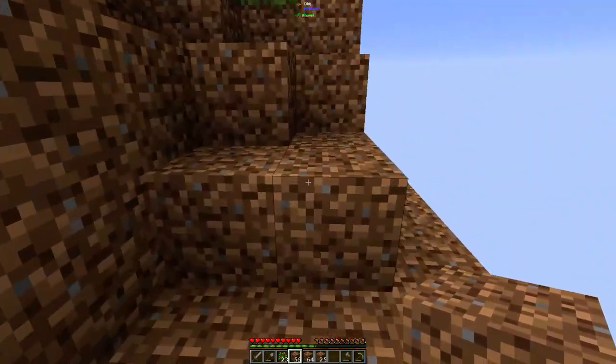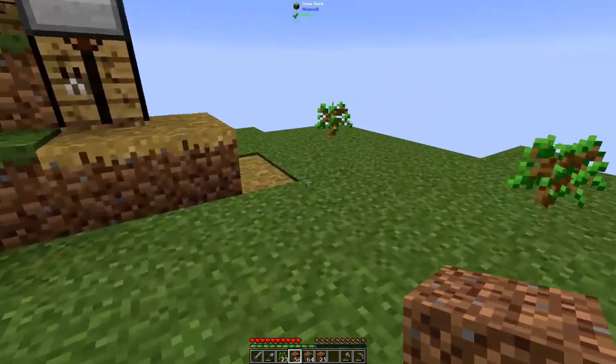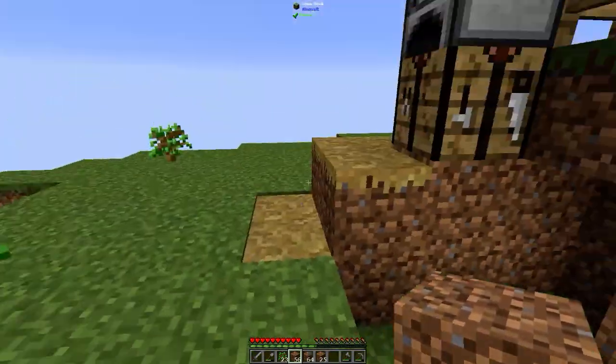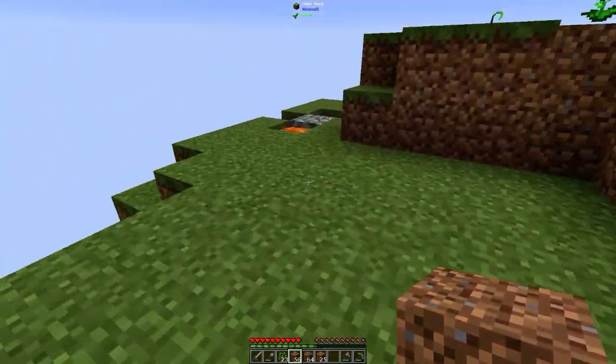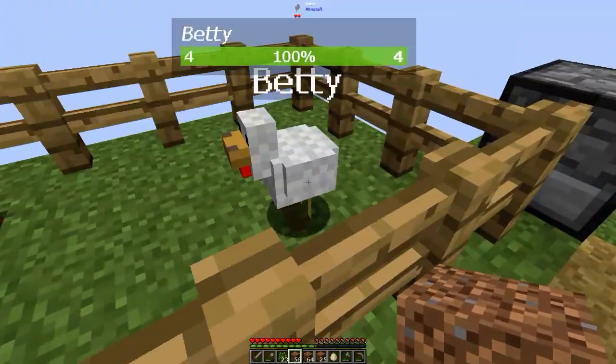Cool. There we go. I feel like we've got a nice little... We can move around a little bit. And then I think I'm going to bring this... I'm probably going to bring this around here too. Because really, I just want to leave this one side up higher until...